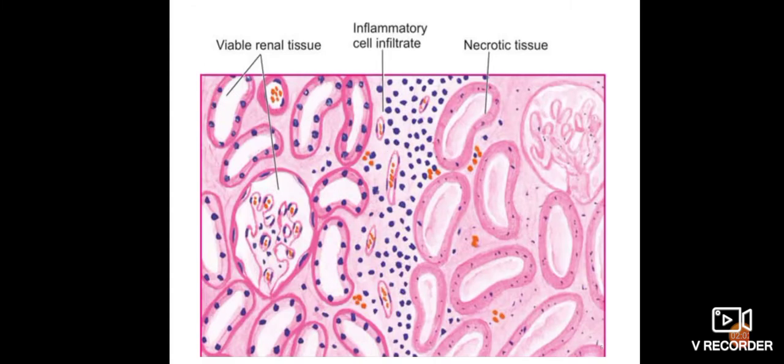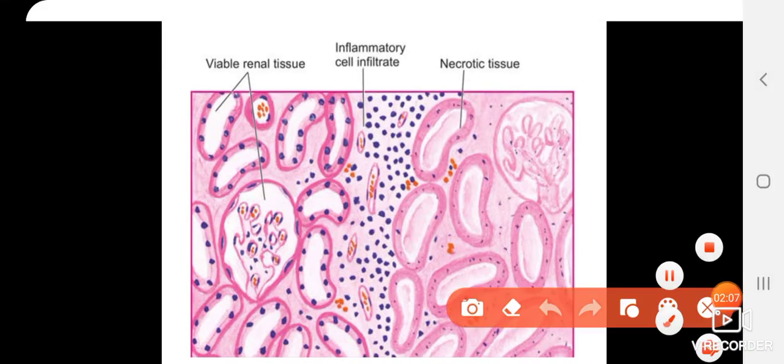So as you can see in this photo, this is actually a picture of renal tissue which I have taken from Harsh Mohan. You can see all these pink areas, that are your cytoplasm which is stained with eosin, and these blue dots everywhere, they are the nucleus of the tubules. Then here you have nucleus of the capillaries, and here you have nucleus of inflammatory cells, which in this case will be a lymphocyte. So this way you can differentiate easily between the components of the cell.